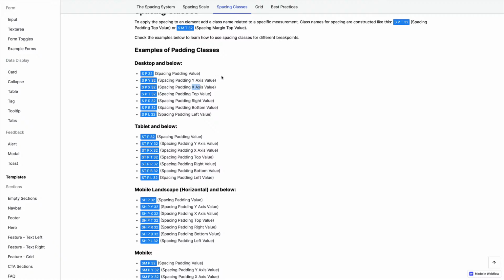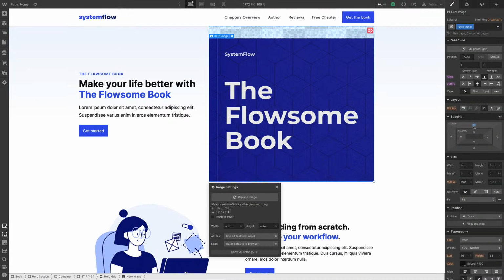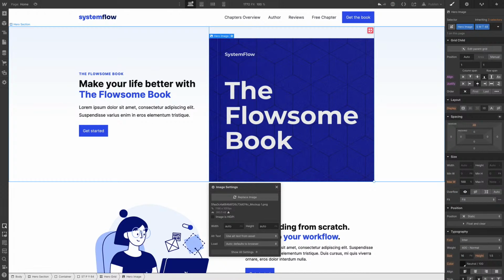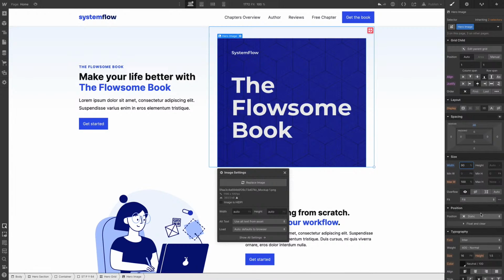So what we're going to use here, we'll probably just leave the margin like so. If you'd like to apply this combo class, you'd go to spacing, margin, then top, and use this 48 margin top, and that's pretty much the same. Let's undo it. Let's leave this as it is. What I want to add here also is, maybe let's change the width of this element to 90%,